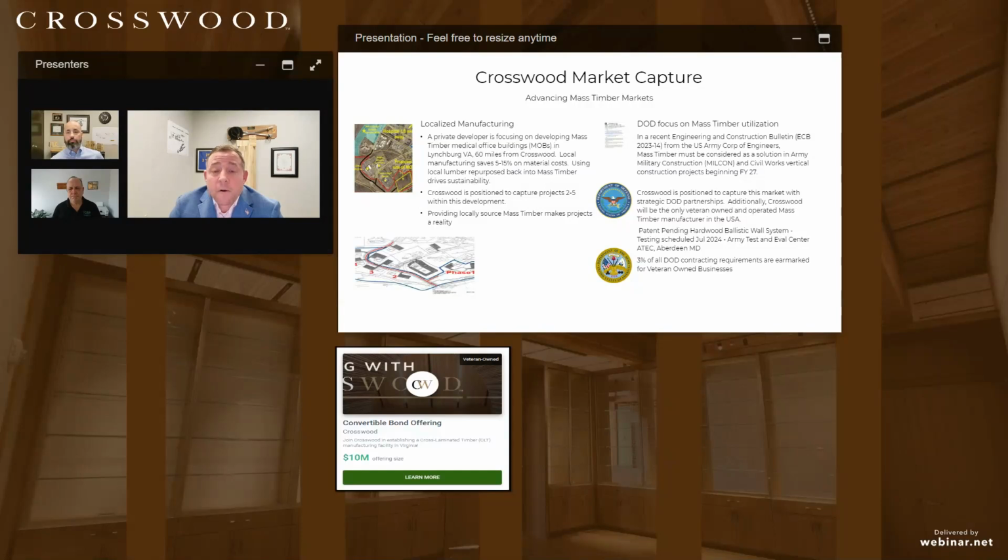And being a veteran-owned business, 3% of all DoD infrastructure contracts are earmarked to go to veteran-owned companies. And as the DoD has adopted mass timber for construction beginning in FY27, we are in a really good position to capture a lot of this emerging DoD market.